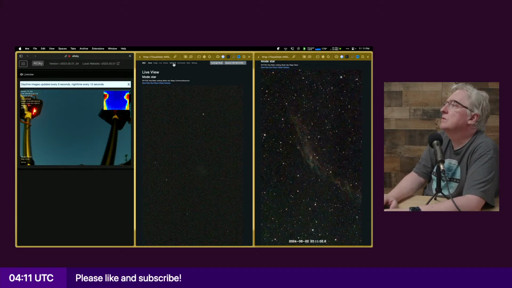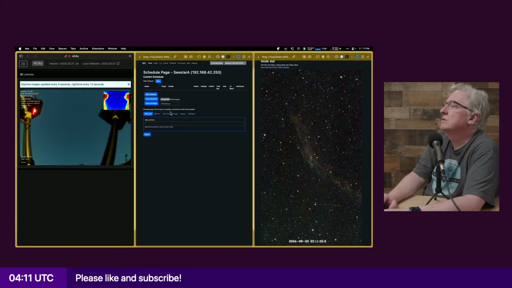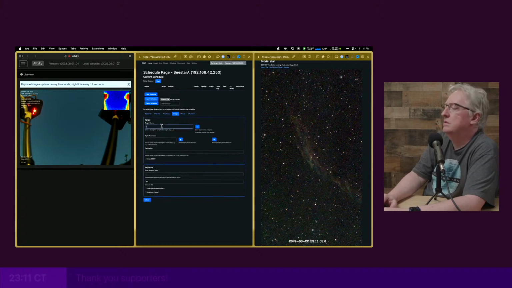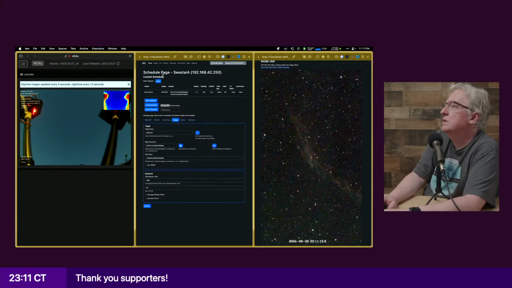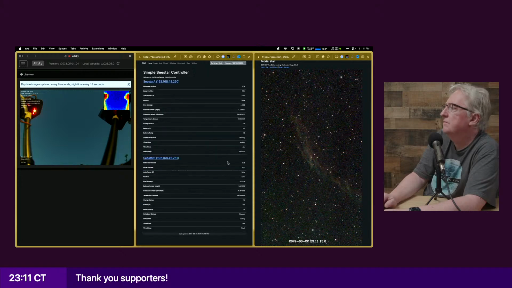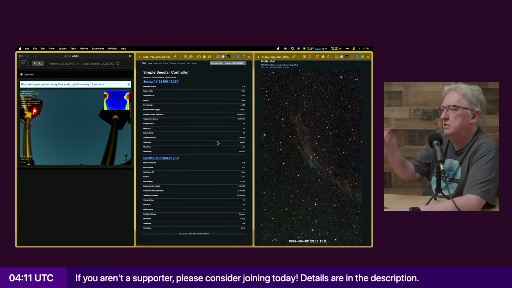So I'll go to schedule, image, NGC 7331, search, and I'll do it for half an hour. And submit and start. And I'm going to monitor this one, and once it starts stacking, I'll switch to the live view.